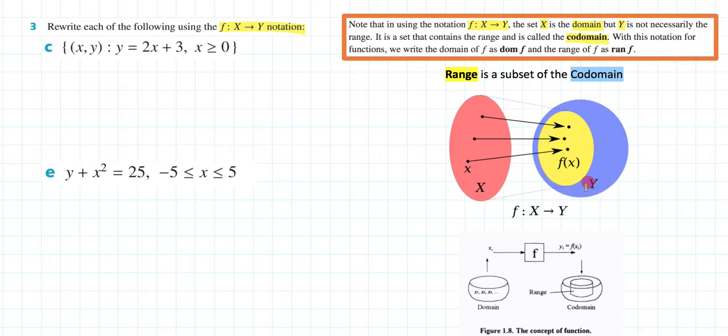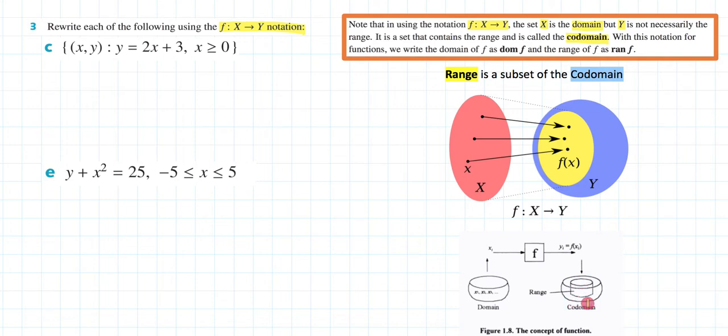If we really want to drive this home, I found another little image which I thought was nice. It uses baskets. So here is our domain basket, and we run our input of X through my function, and it spits out an output, and that output is this range basket. So this basket here is my range, but as you can see, it exists within a larger basket called my